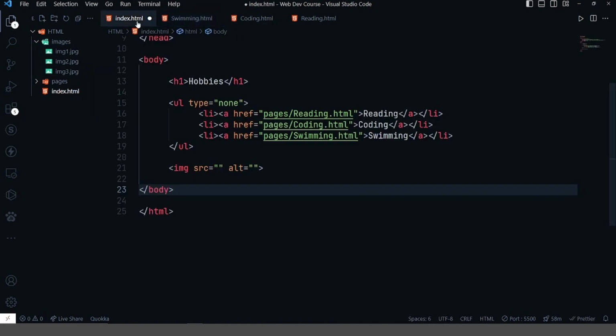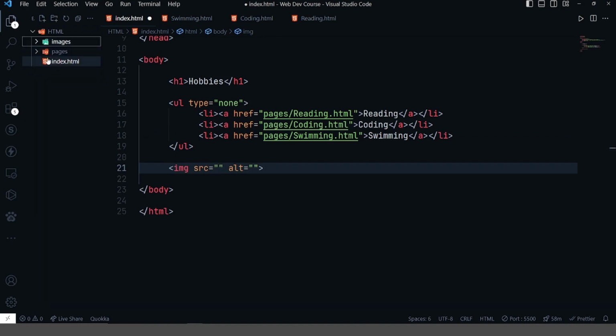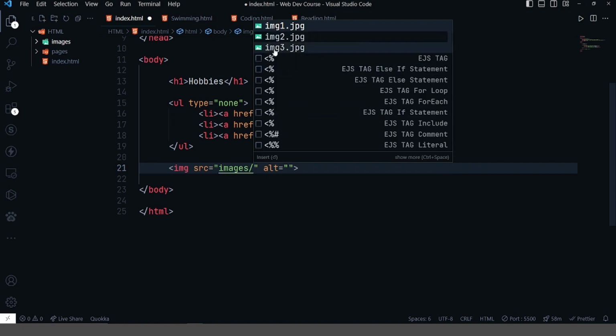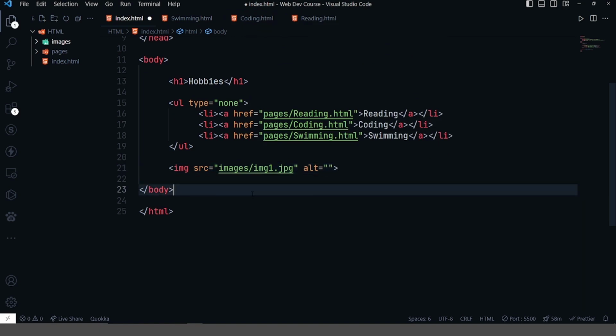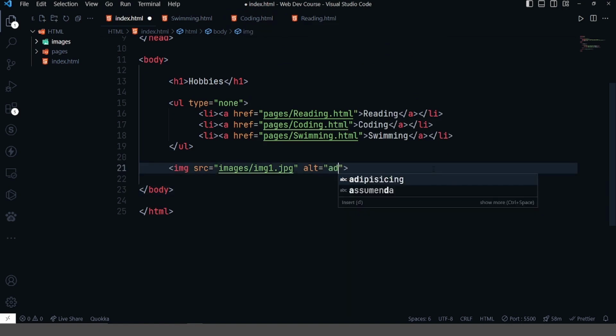Okay, so cancel it. So now for you to add the image here, the same way that we are doing it for the links is the same that you do here, right? So since we're inside this directory, inside this index.html, what we want is to go inside the images folder and be able to get these images, right? So when I go here, what I'll just say is I want to go inside the images folder. So once I go inside the images folder, you are now able to see the different images that are there, right? So if I pick the first one like that, all right, and I'll do